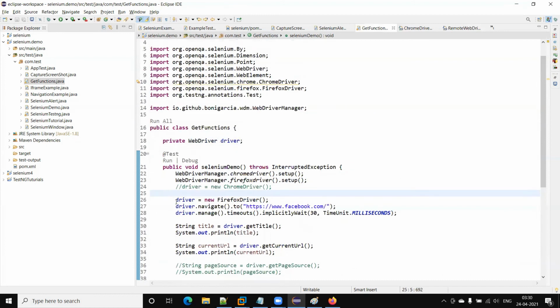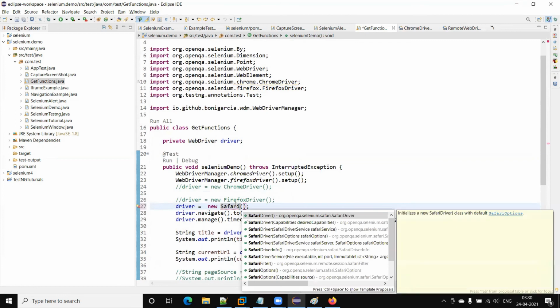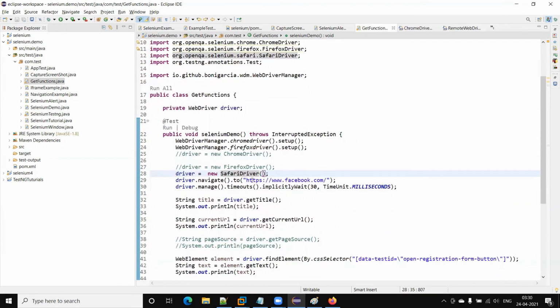Now next, if we want to execute on Safari browser, we can also execute by creating the Safari driver object. I am not going to run the Safari here. I don't have Safari installed on this machine. You can just create a Safari driver object, and this will launch the Safari browser.